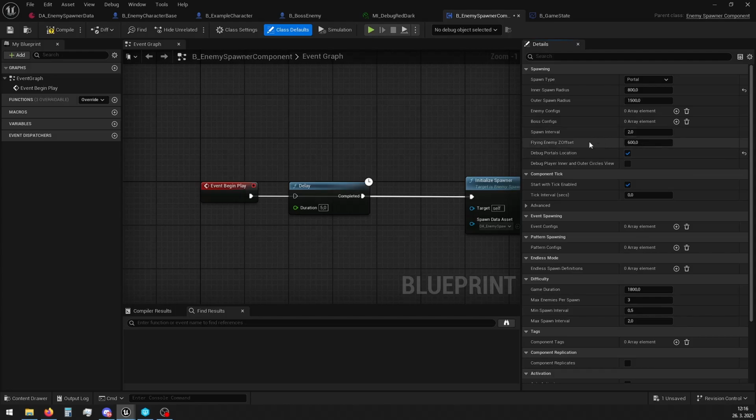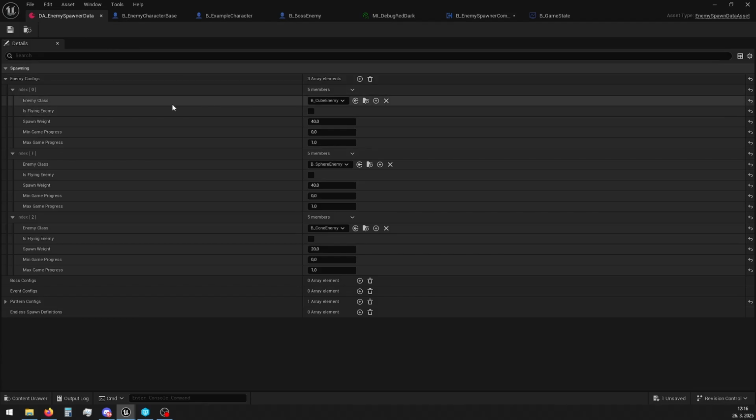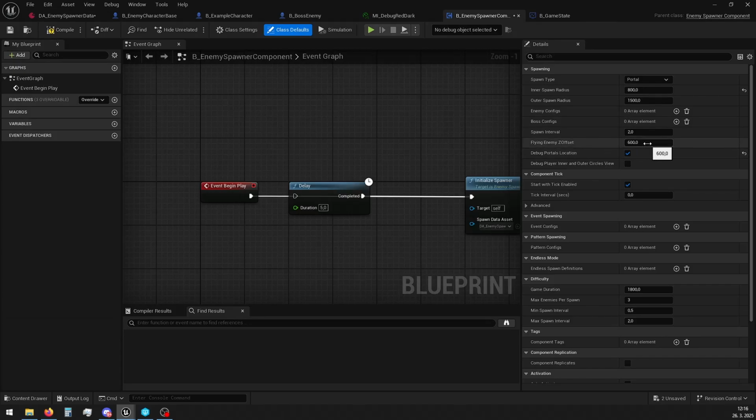Okay, so let's go back up here. So another parameter is flying enemy Z offset, which is the Z offset for flying enemy. So in the data asset, if we tick the box is flying enemy, as we talked before, it will add the 600 offset in Z direction. Then we got some debug parameters. Another 2 important parameters are game duration and max enemies per spawn. Game duration is total duration of the game in seconds, and max enemies per spawn within this setup is like every 2 seconds, so every spawn interval, the system is gonna try to spawn 3 enemies within the minimum and maximum